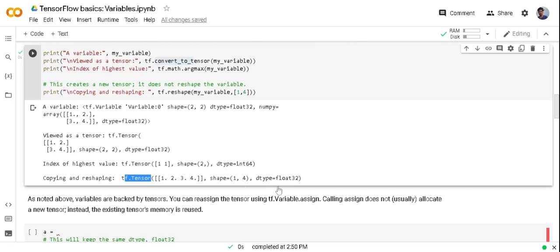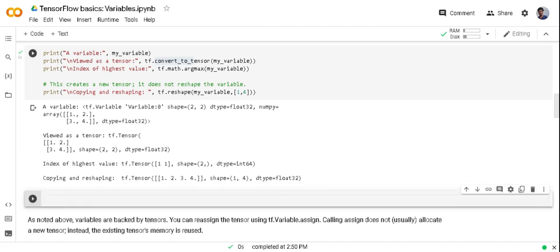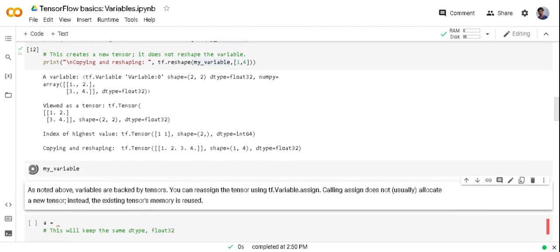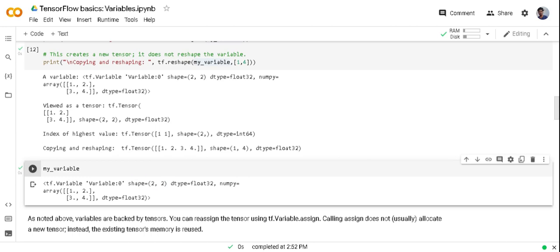To more clarify you, let me print this statement one by one. My variable is a 2 by 2 tf.variable object.